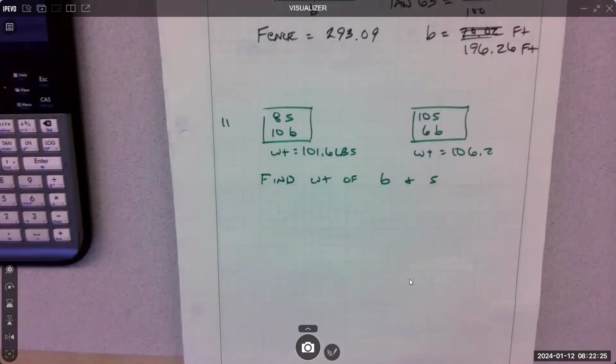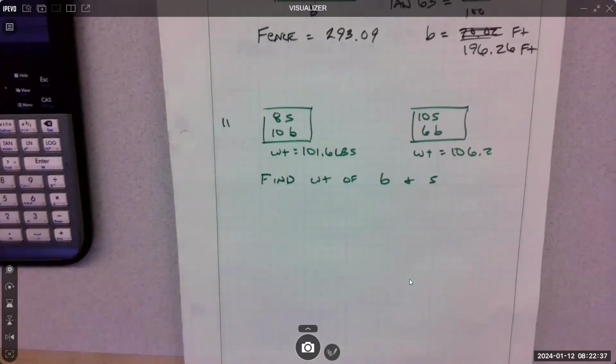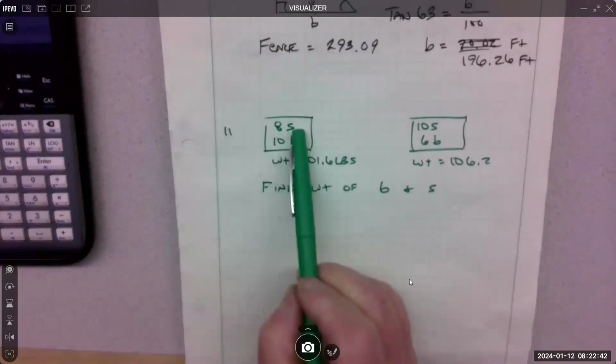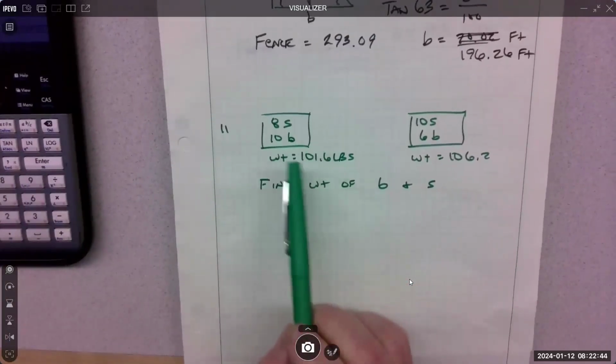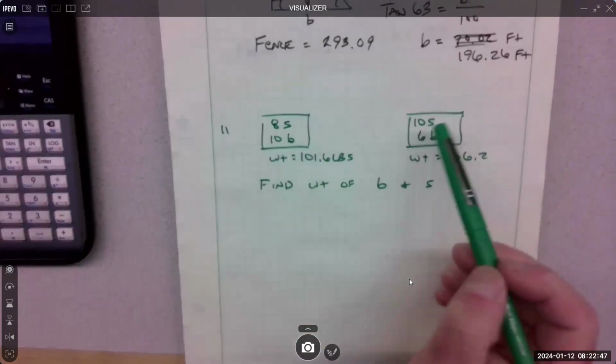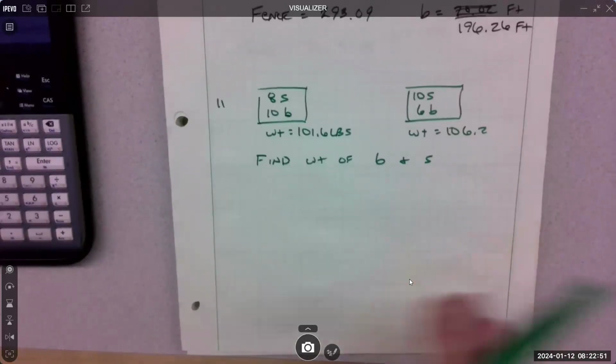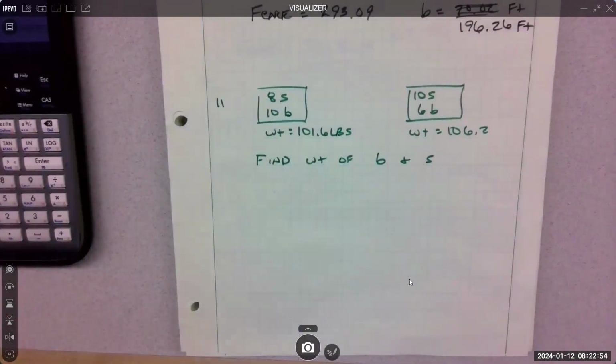Kind of a tricky problem, definitely a story problem, and you want to dissect these, right? Anytime you're getting a paragraph of information, you just want to start picking things out. What do you know, and write it down in some form. So I kind of did it graphically. I know that there's 8 shocks and 10 brakes in this box and it weighs 101. And then I know there's 10 shocks and 6 brakes in this box and it weighs 106, right? So somehow pull the information out of the story problem and put it in some other form, so you know